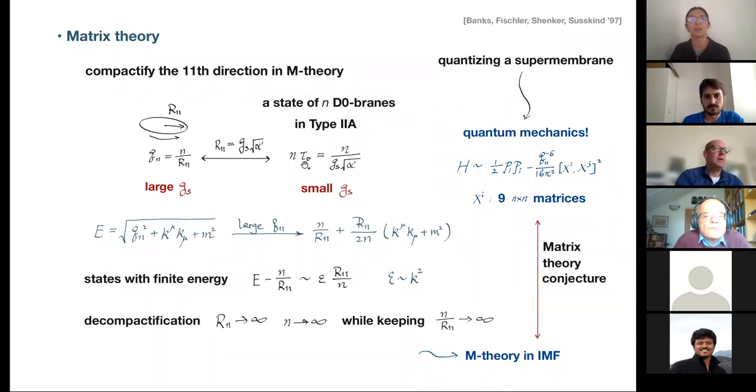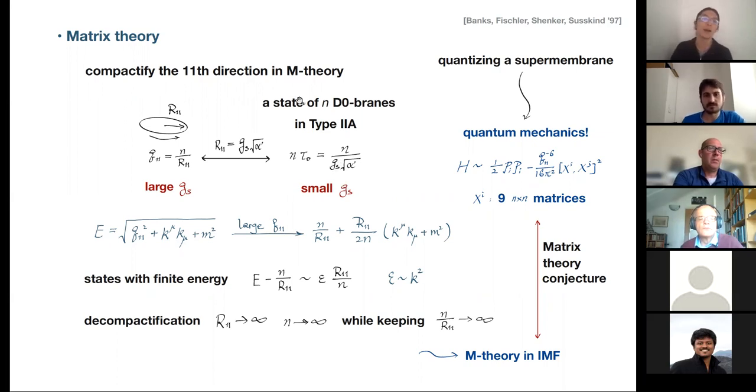And indeed, if you calculate the mass, which is the brane tension of this D0 brane, it turns out to be proportional to 1 over g_string. So if you're in this perturbative string theory regime, where g_string is very, very small, then the D0 brane is very much massive. That means this is kind of like a non-perturbative object. However, if you try to probe the strongly coupled regime in type IIA string theory, that means we want to send g_string to be very large, then the D0 brane will have a very small mass, and therefore they'll become